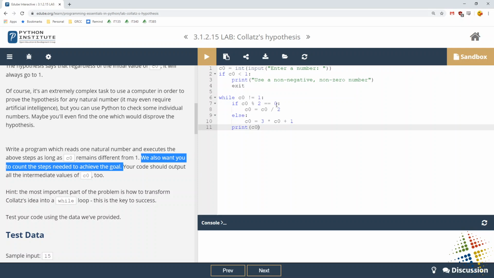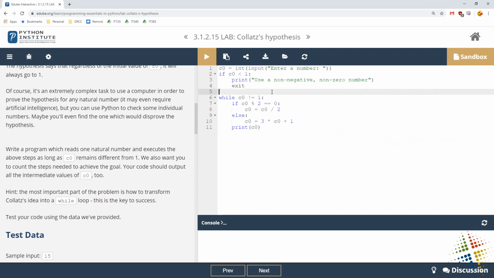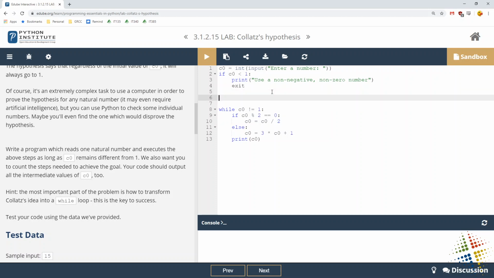So for that, I'm going to come up here before the while loop and create a variable called steps, and I'll set steps equal to 0. Then inside the while loop, every time I print something out, I'm going to add 1 to the steps. For that, just steps plus equals 1. So that will just simply add 1 to steps every single time.